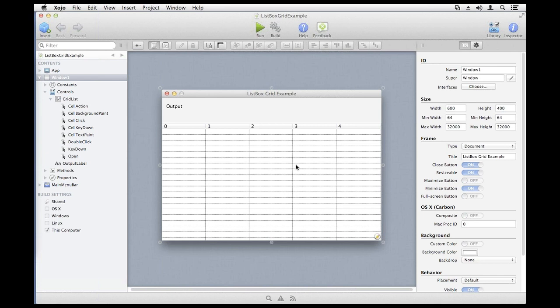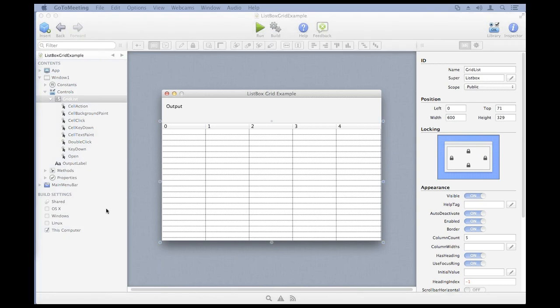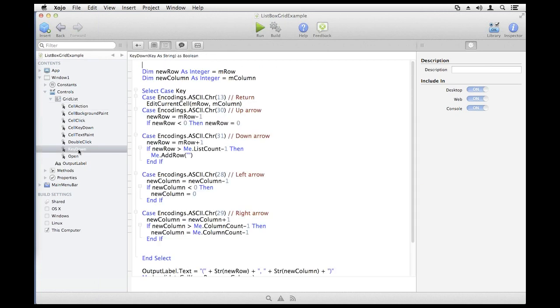This particular list box here, it's not a subclass, it's just dragged right onto the window. I've turned on the grid lines to give it more of a spreadsheet type look. And then, of course, this has a fair amount of event handlers that look like they're implemented. Key down is handling all the key presses on the list box, and this is handling arrow keys. So you can see here there's a select case that's checking which particular key is pressed,